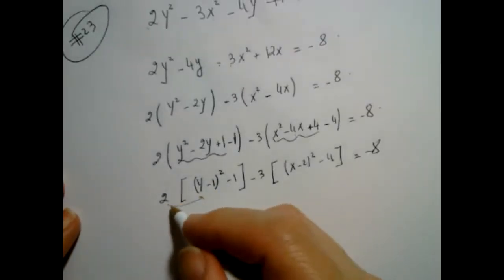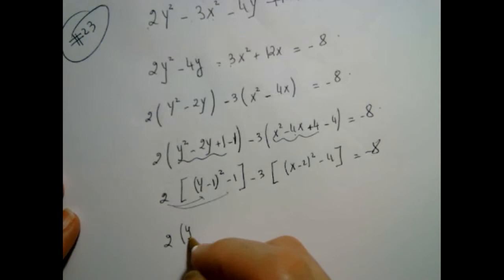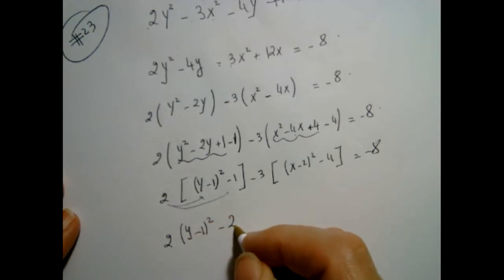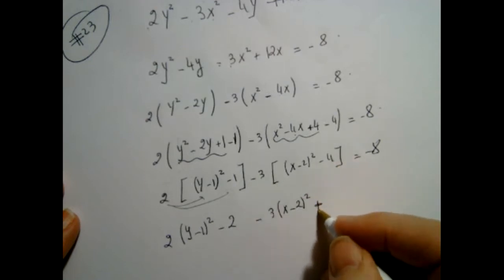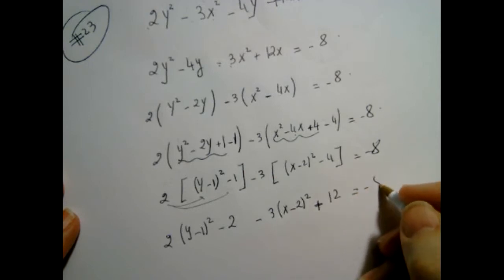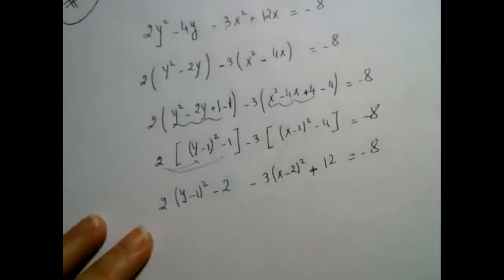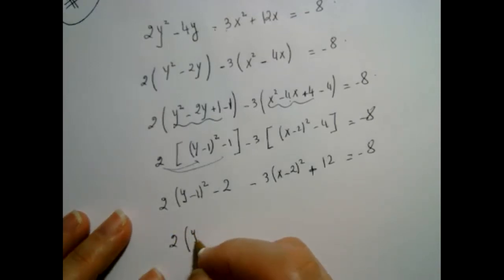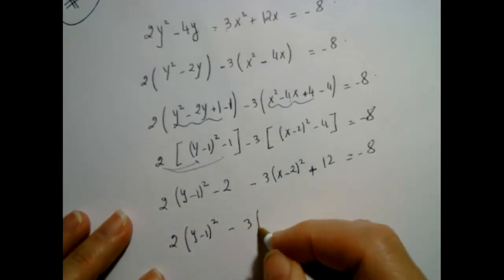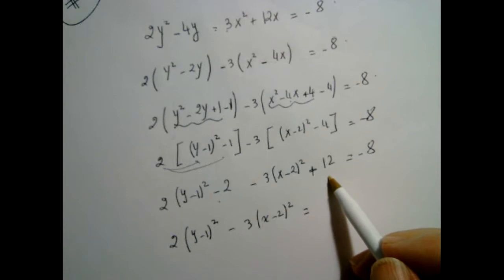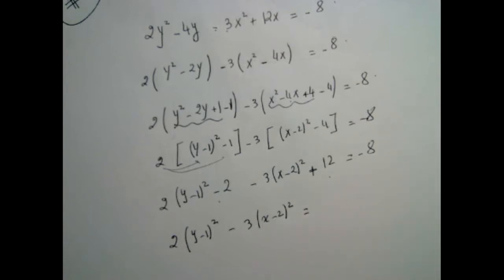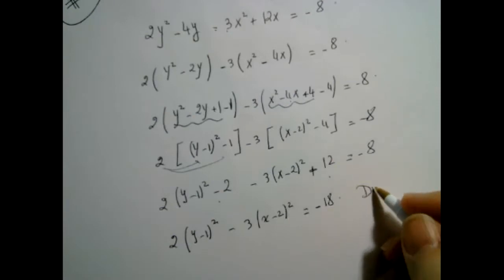Finally, I distribute. You have to be very careful. So we'll have 2 times y minus 1 squared minus 2, minus 3 times x minus 2 squared, minus minus plus 3 times 4, that's a 12, equal to minus 8. So finally, almost there. We have to get it into the standard format and then we can analyze everything. Now minus 2 plus 12, that gives me a 10. And then I'm going to bring the 10 from the other side. It's going to give me minus 18, right? Okay. Now to get it into the standard form, I need to divide by minus 18